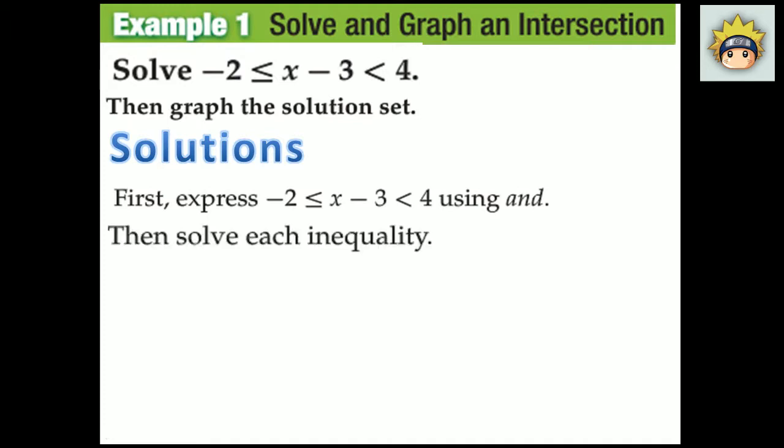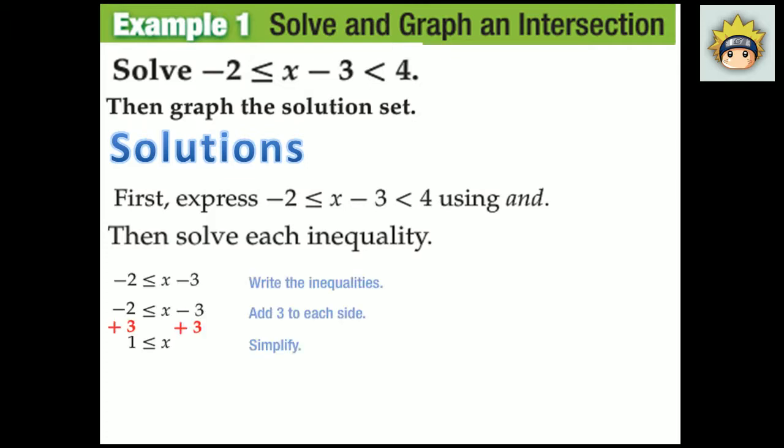Using "and" because it's intersection. Then solve each inequality. So here you go. I'm not going to show the work step by step because I'm going to assume you already know it from the previous lessons. Here's the inequality. You add 3 to both sides, then you simplify. So here we got x is greater than